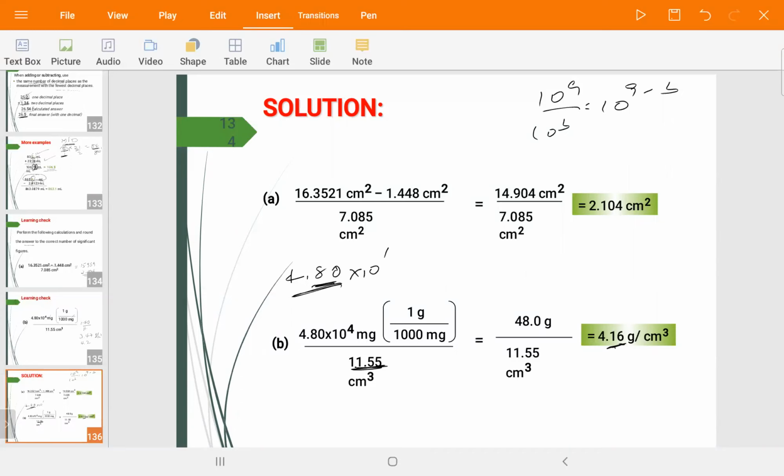4.16 times 10 to the power of 3 ያለበት ለምን ነው? ከዚህ ጋር ሲመጣ 10 to the power of 4 over 10 to the power of 3 ማለት 10 to the power of 1 ማለት ነው አይደል? 1 ግራም 1000 ሚሊግራም አይደለም? ሚሊግራም በሚሊግራም ካንስል አውት ያደርጋል፤ ስለዚህ እዚህ ግራም ይቀራል፣ እዚህ ጋር ደግሞ ሴንቲሜትር ኪዩብ ይቀራል። እንዴ ሚስተር 1 ግራም እኮ 1000 ሚሊግራም ነው።